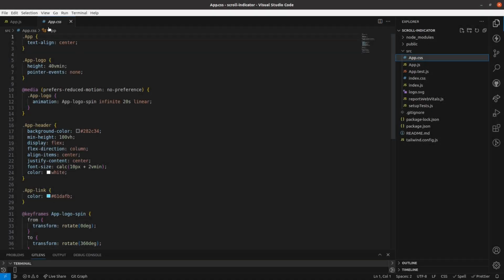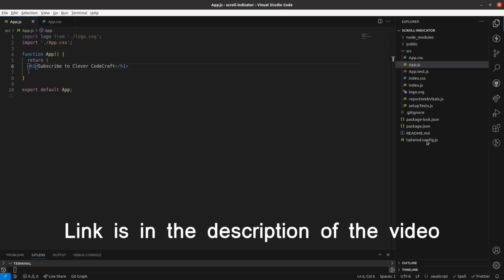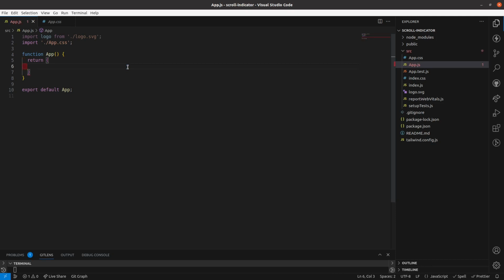As you can see, I have this basic React setup in my VS Code, and here this is the app.js file. I removed the code and there is just this h1 tag present here. Also, I have already set up Tailwind CSS, and if you want to know how we can set up Tailwind in our project, you can watch a video on my YouTube channel. It's already present there. So first I remove this h1 tag,